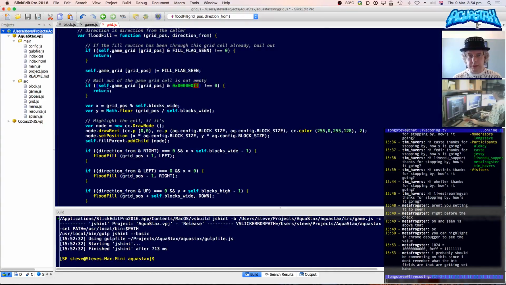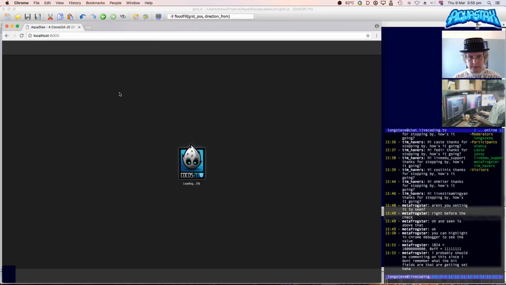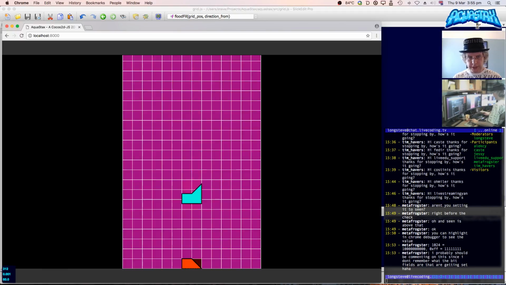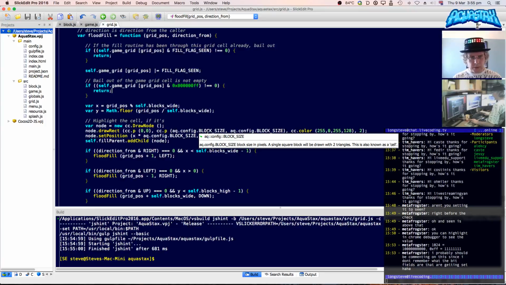And if they're non-zero, then it bails out, which works because it bails out in this instance whenever there's a non-zero block, which is where one's landed. So it bails out and doesn't flood fill those. Oh, just had a thought. If it's bailing out,